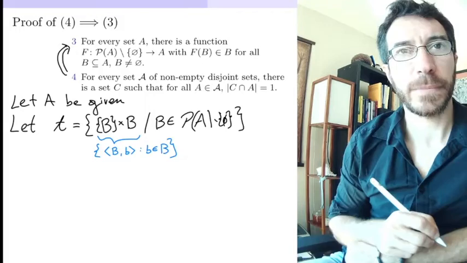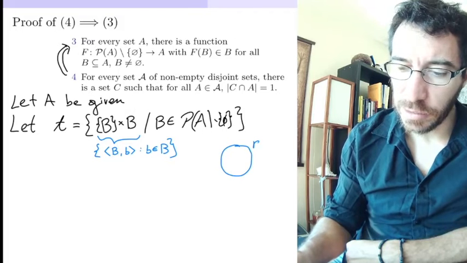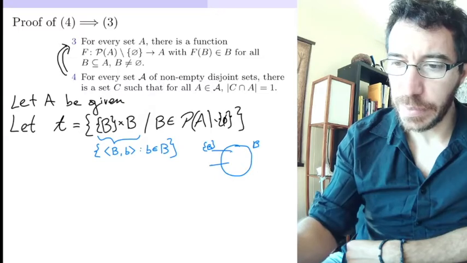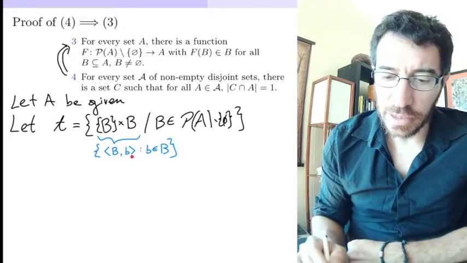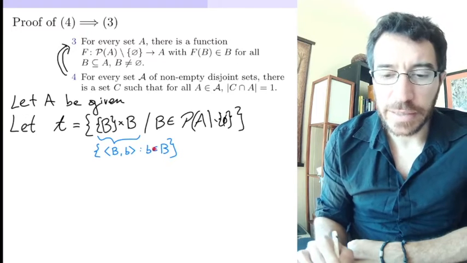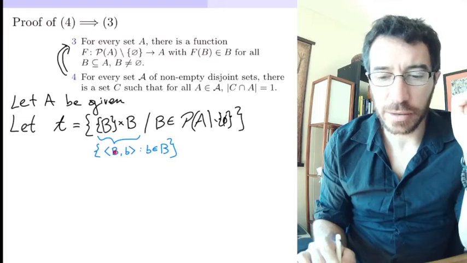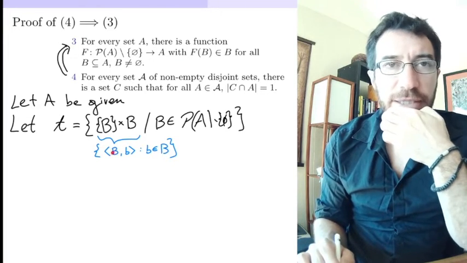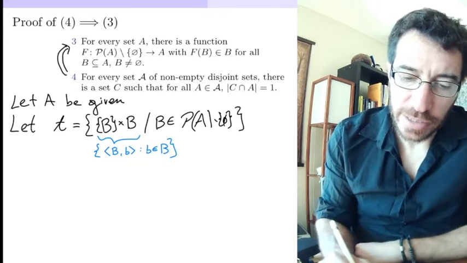member of B. So if we had our set B up here, we are attaching to each element a little flag that is B. So this new set that we get here is very similar to the set B, except that all of the elements have the same little flag attached, this capital B, which is the name of the set. But the trick now is that